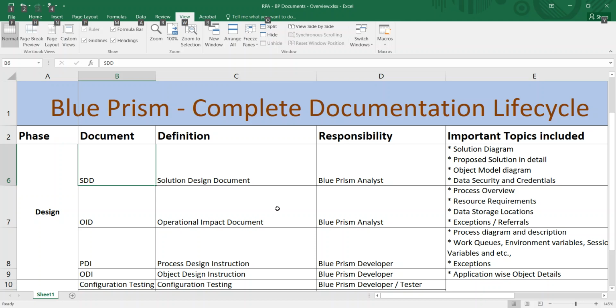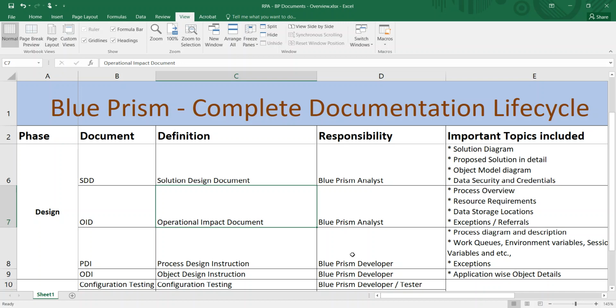Once the SDD document has been completed, we will make the OID document, which is the operational impact document. By implementing the new solution, what is the impact on the existing process? That is what is covered in this document. It contains the process overview, resource changes, new resource requirements, data storage locations, exceptions, and referrals.